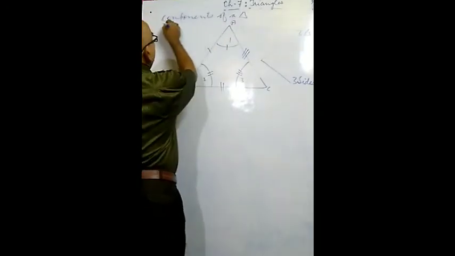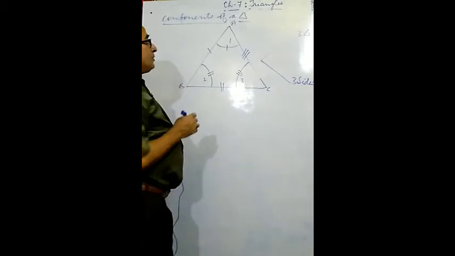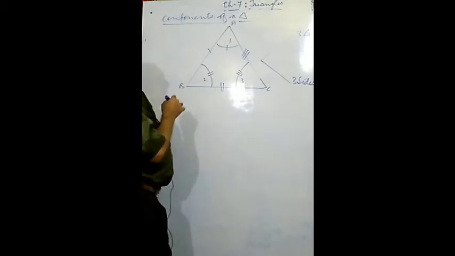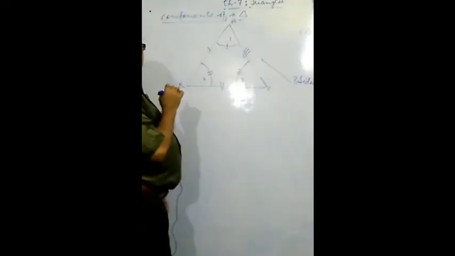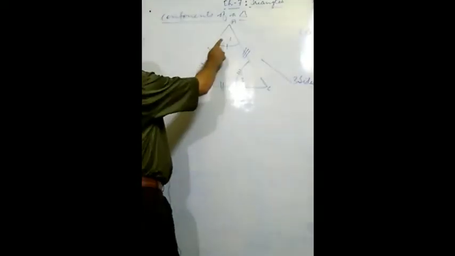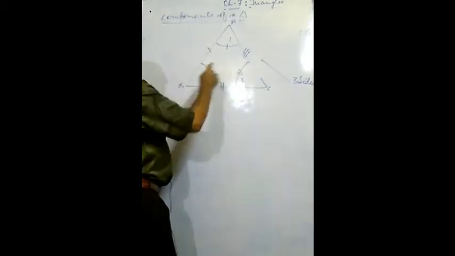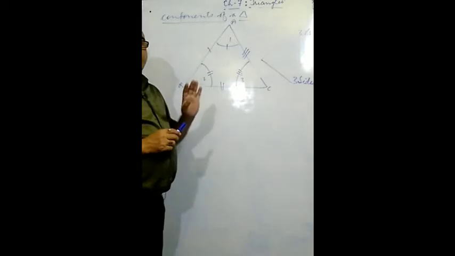Now students, see the triangle. We have to discuss the components of a triangle. How many components of a triangle are there? We have three sides. See, side number 1, side number 2 and side number 3. So three sides are there and three angles are also there. First corner, second corner, third corner. In this way, this triangle has 6 components.